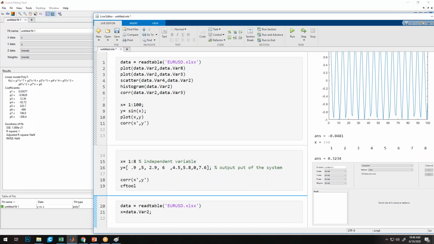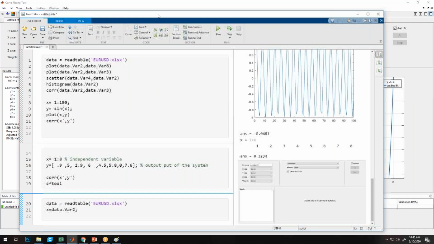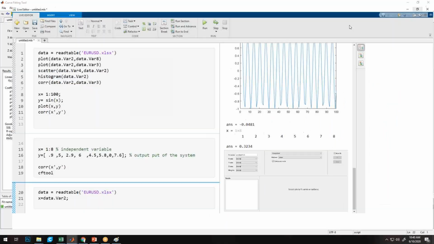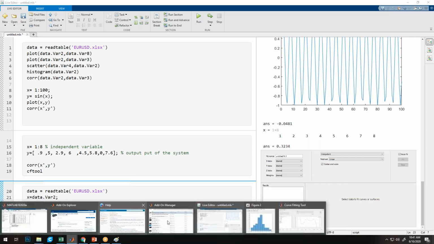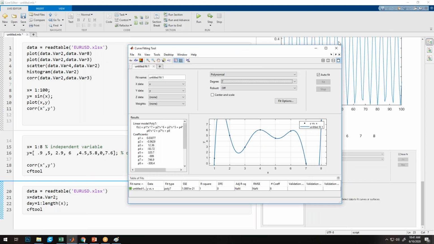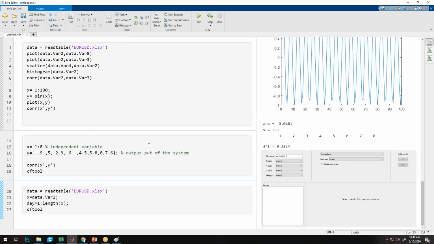Because all this data is arranged in ascending serial order, I want to create the day data, which will go from 1 to the length of this X data. And here I want to launch the curve fitting toolbox. Run section.